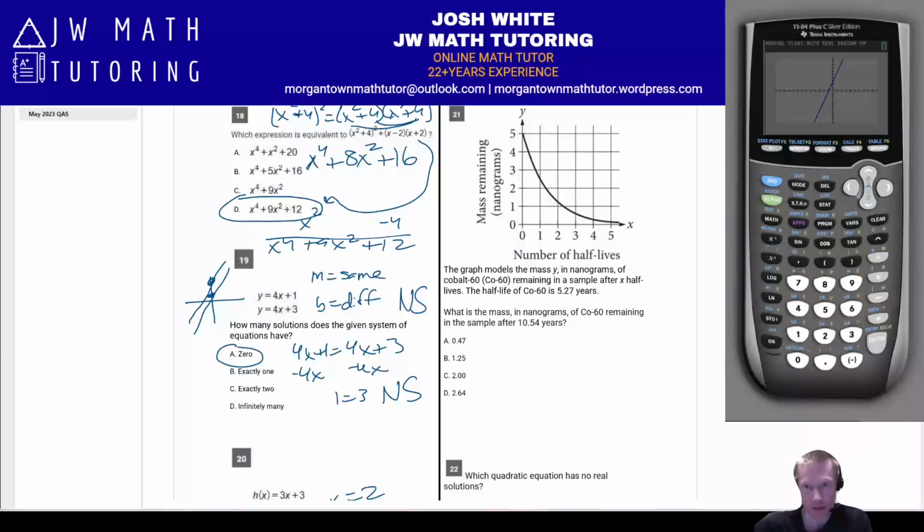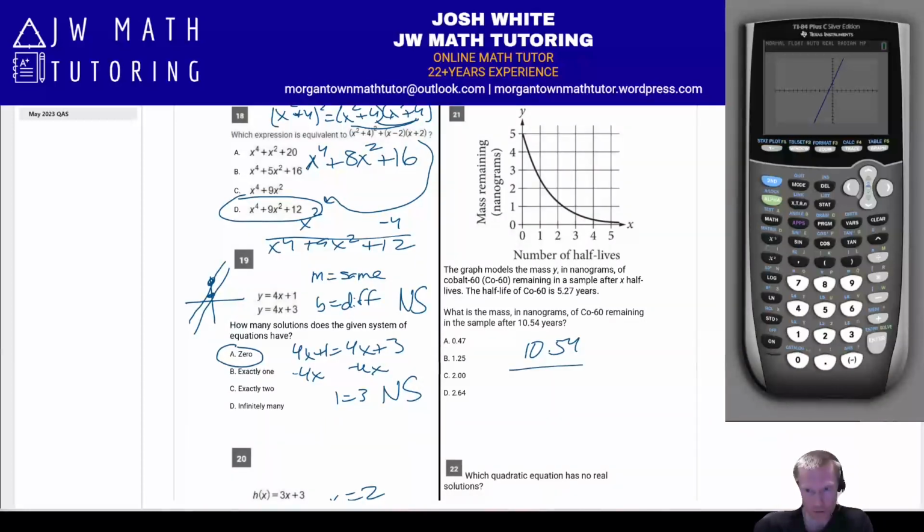So half-life is just the amount of time it takes for the amount of some substance to basically decrease by half, or to be divided by 2, essentially. Multiplied by 1/2, divided by 2. Okay, so it says, what is the mass after 10.54 years? So what you have to recognize is